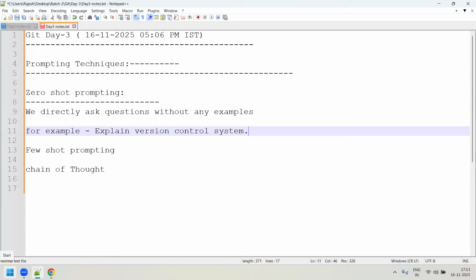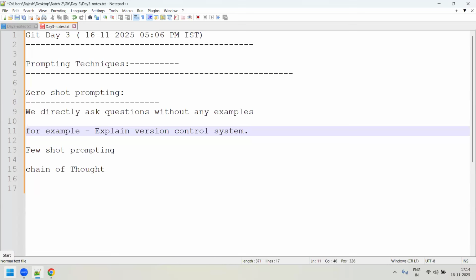But this was not as good some days back. For example, if you are working on a ChatGPT LLM model like 4.5 or 5, they provide the best response even for zero shot prompting. But suppose you are working on the 3.5 version, which is an older model version. If you put such a direct question to the lower model, it might not respond in a very good way. It means they will not give you an exact or accurate output.